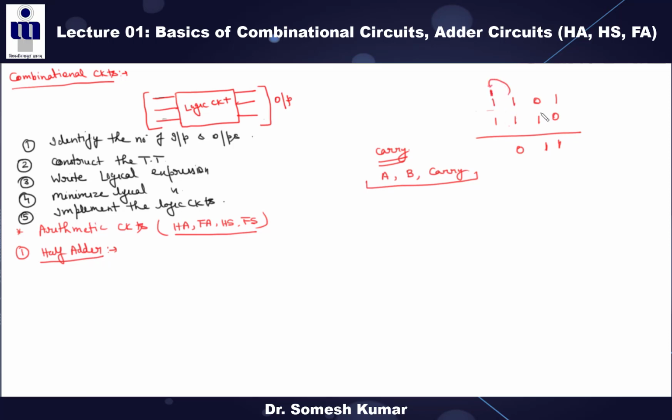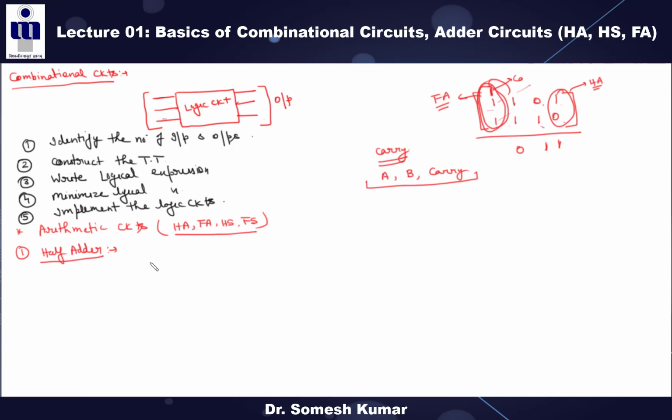Now tell me, up to now there are only the 2 bits addition, right? One this, one this, one this. Now how many bits are there now in this step? 3 bits, right? One is this carry, and one for this addend, and one for this augend, right? So for this addition you need the full adder, right? You need the full adder, right? So this is mainly the difference between full adder and the half adder.